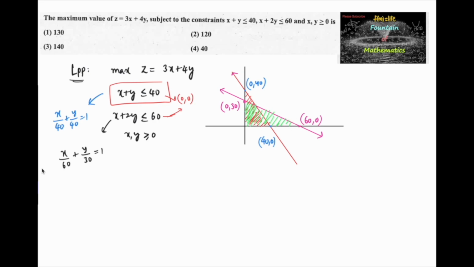And here we can see that there is a common solution. This is the polygon where we can see the vertices 0 comma 0, say this is O, A, that is 40 comma 0,